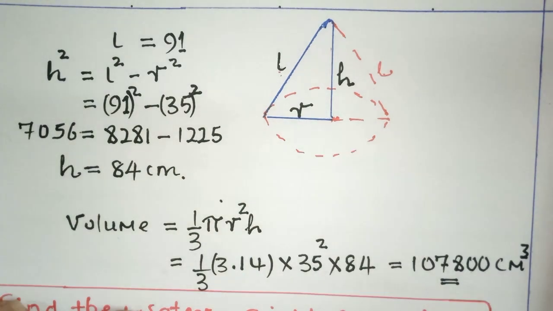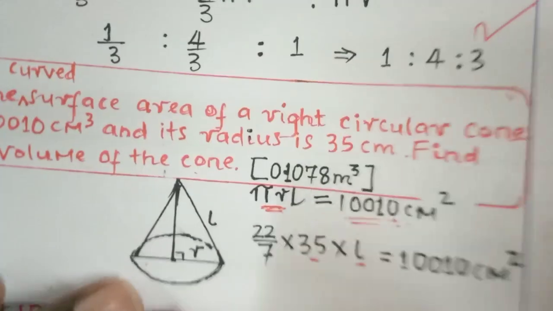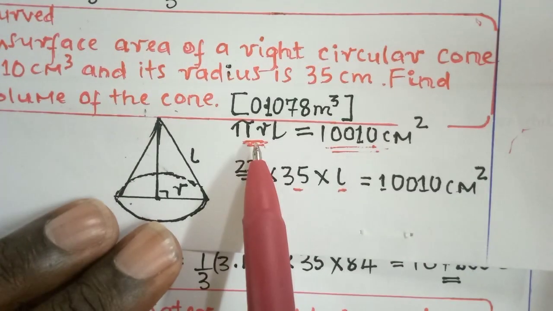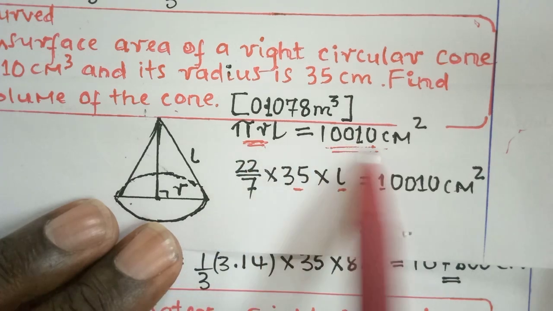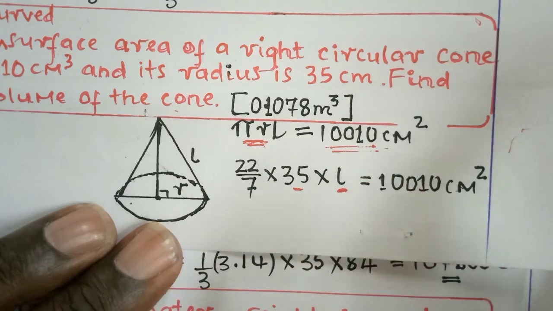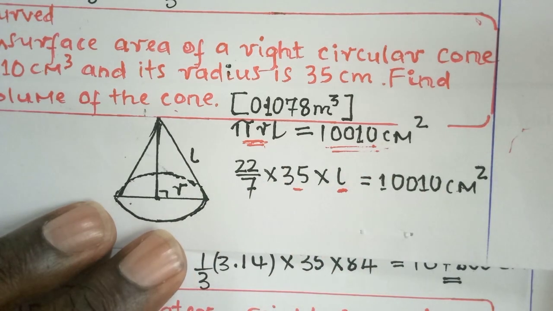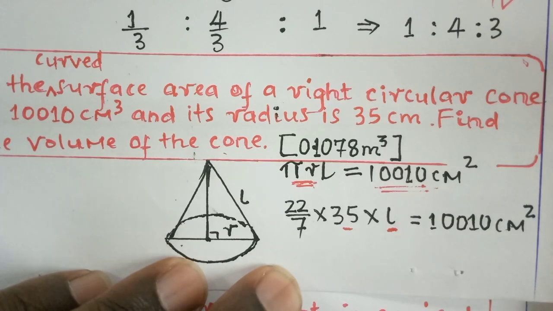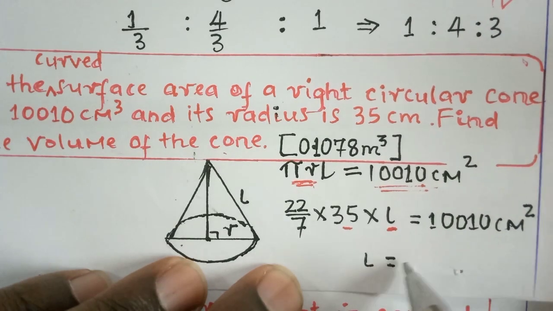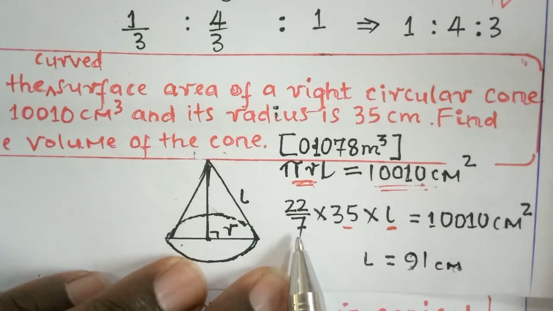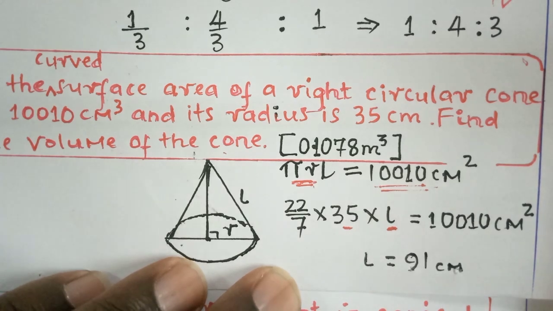So using this first equation, guys, that is the surface area, using this one we are able to get the L. So guys, L we can get it, and after we did that, L is actually 91 centimeter. When we do this, we get L as 91,